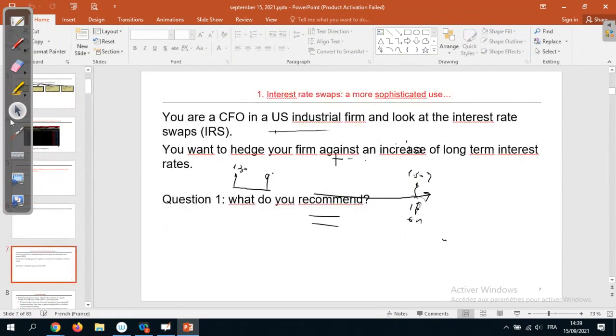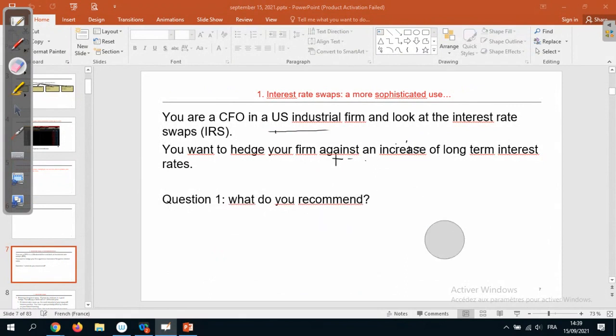Okay. Now I have an exercise for you with swaps. You are a CFO, Chief Financial Officer, because you are a graduate from this prestigious CFVG, okay? Center, I don't know what it is, Franco-Vietnamese, G, group, maybe, I don't know. CFVG. You are a graduate,